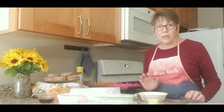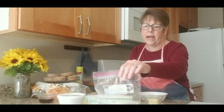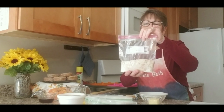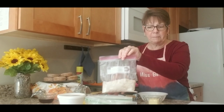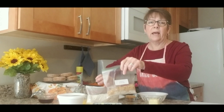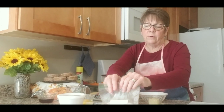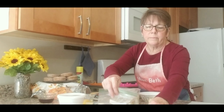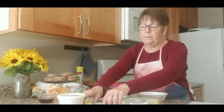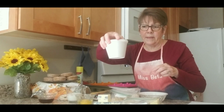First of all, let's go over what you received in your kit. For those of you who picked up a kit, you'll have a bag that says flour mix, which has flour, baking powder, baking soda, and some spices in it. Then there's also one called the sugar mix. Those are the ones that we'll actually make the donuts with. Then we have the topping, and we have some vanilla extract. Also, in a separate bag you received a stick of butter, 3 tablespoons of butter, and some hot apple